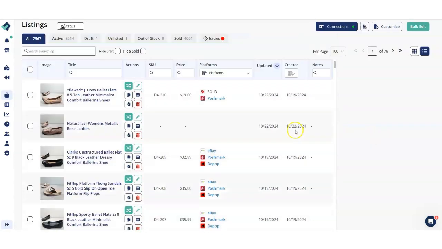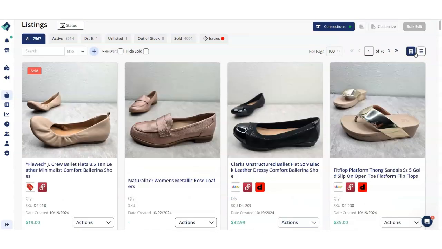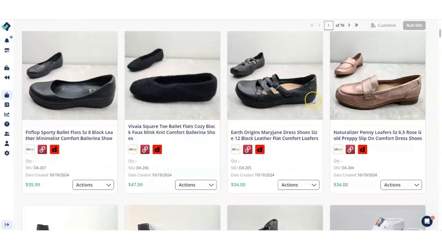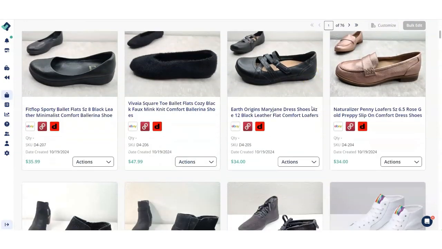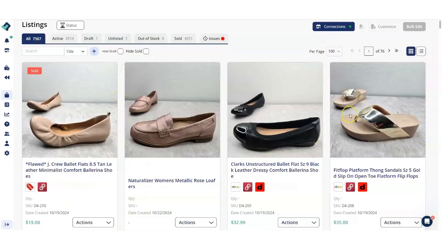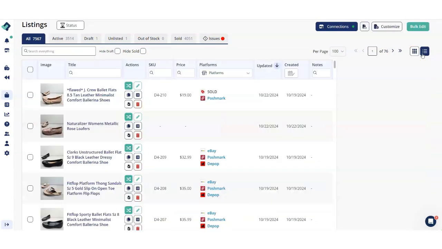But if you click the button right next to it that looks like tiles, it's going to show it in tile mode. So your listings will show up kind of similar to how they would on Poshmark or Depop, eBay, those kind of platforms. You can see your title, you can see where your listing is listed, quantity, SKU number, when you created it, the price, and you can take actions on your listings by clicking this down arrow right here. This view is pretty recent. I'm not used to this yet, so I like to keep it on catalog mode, which is the old way